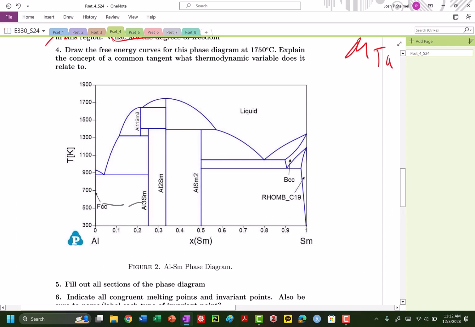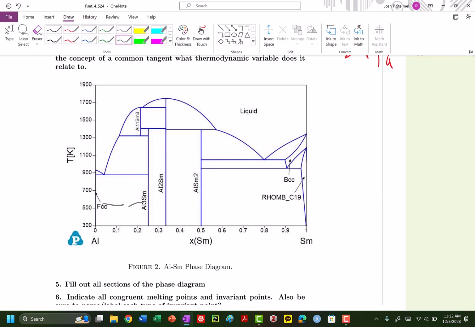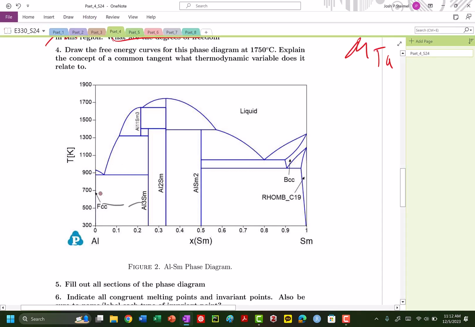So this plus this. Let me change my color. This phase plus this phase, FCC plus liquid, liquid plus this phase right here, liquid plus this phase right here. Here we're going to have liquid plus this phase, liquid plus this phase as well. And we're going to have here solid phase plus solid phase, solid phase plus this solid phase, this solid phase plus this solid phase, this solid phase plus liquid, liquid plus